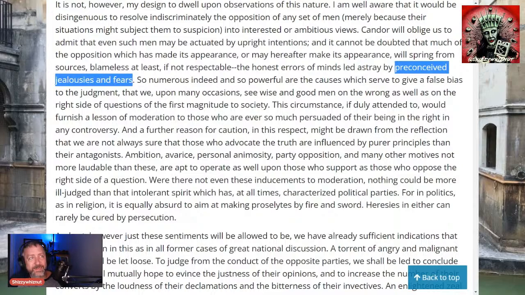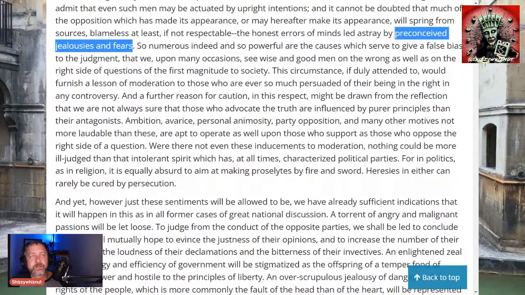So numerous indeed and so powerful are the causes which serve to give a false bias to judgment that we upon many occasions see wise and good men on the wrong as well as on the right side of questions of the first magnitude to society. This circumstance, if duly attended to, would furnish a lesson of moderation to those who are ever so much persuaded